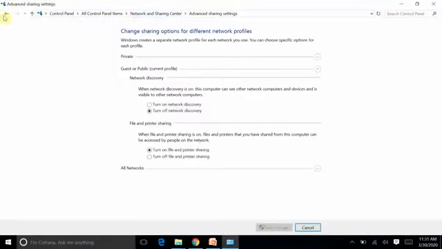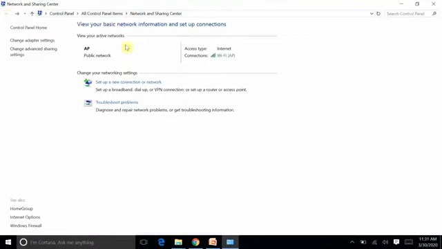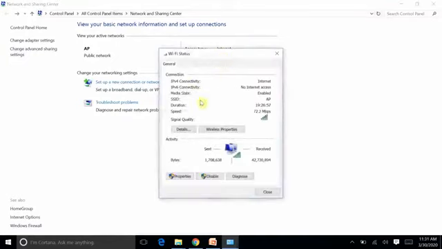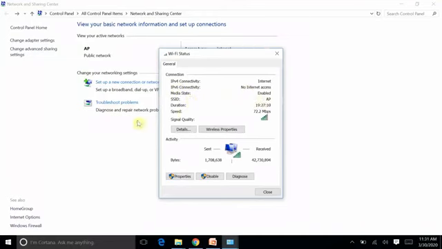Currently I am using a Wi-Fi connection. That's why it says Wi-Fi. That Wi-Fi name is given here. Click on this Wi-Fi network. You see the network adapter interface. In this, your internet connectivity is IP version 4. IP version 6 is not connected. Media state is enabled. SSID is known as the service ID. The duration the network was connected, the speed of the network, and the signal quality are given there.